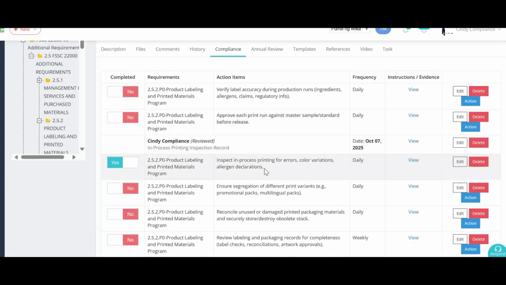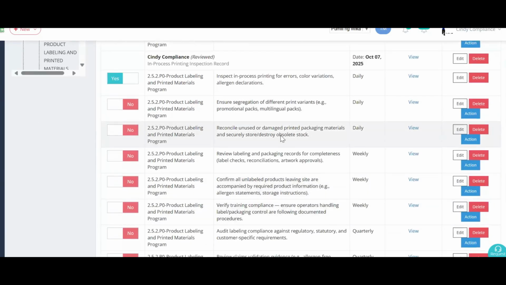Next is to inspect in-process printing for errors, color variations, or allergen declarations. Ensure segregation of different print variants like promotional packs or multilingual packs, and reconcile unused or damaged printed packaging materials and securely store or destroy obsolete stock.